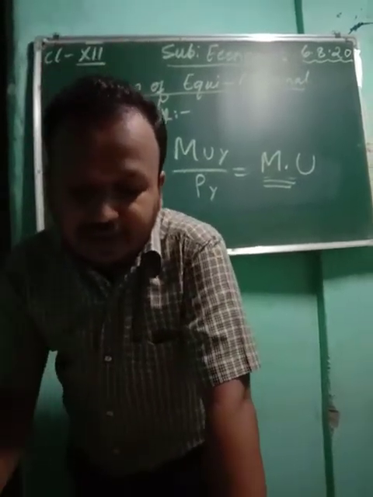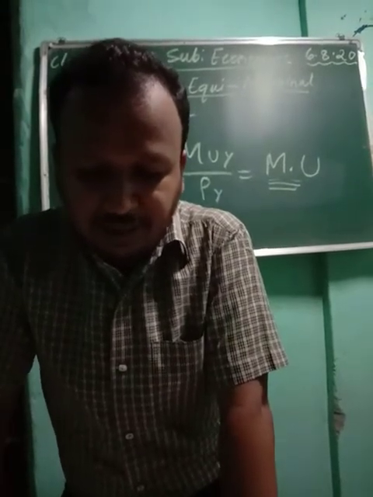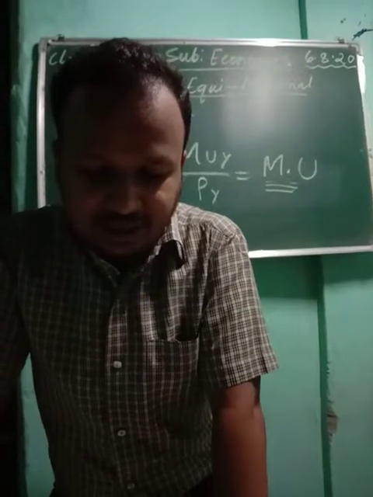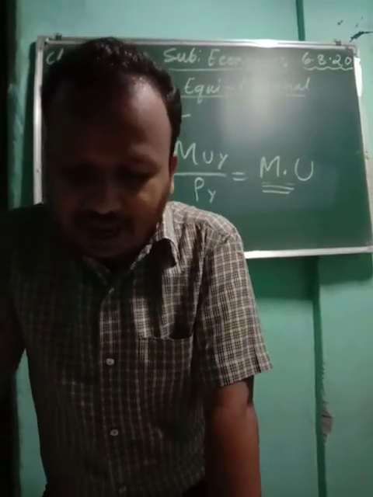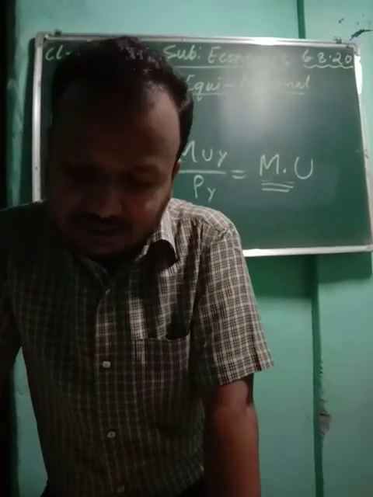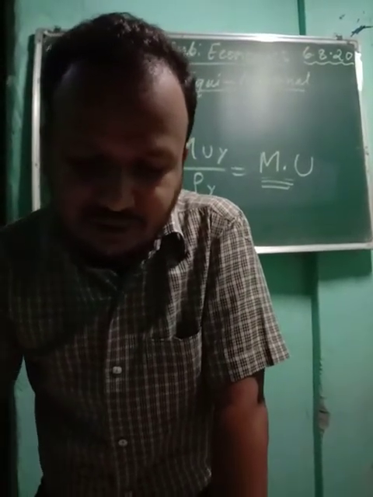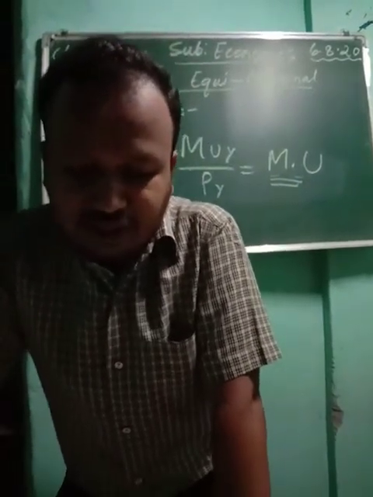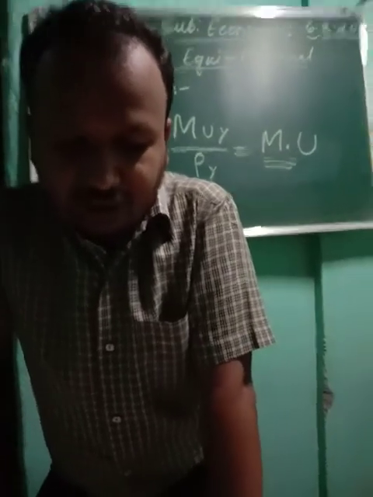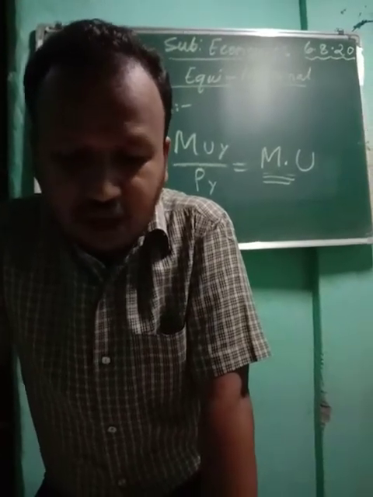If the consumer is going to spend on oranges, which is giving him 10 marginal utility, from the second rupee he gets a utility of 8, and keeps on spending. So he will get 8, then he will get 6 utility, 4 utility, 2 utility. In mangoes also you see first he is getting 8, then 6, then 4, then 2, then 1 utility. So the consumer is going to spend ₹5 on both the commodities.